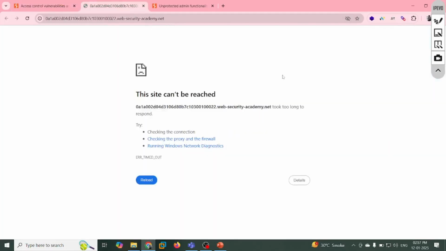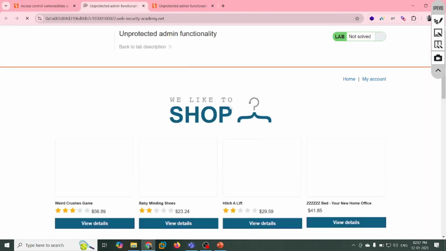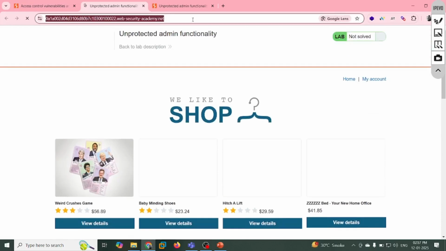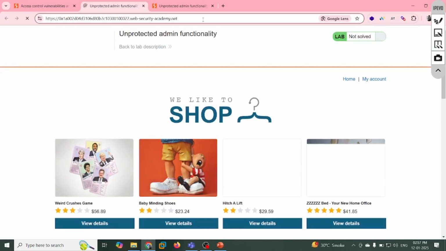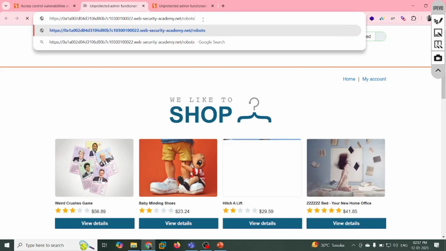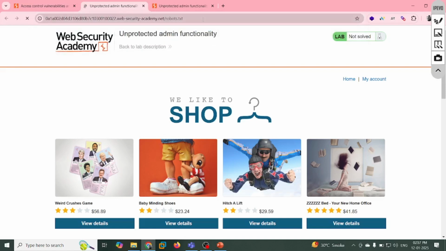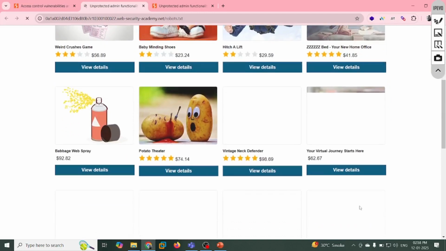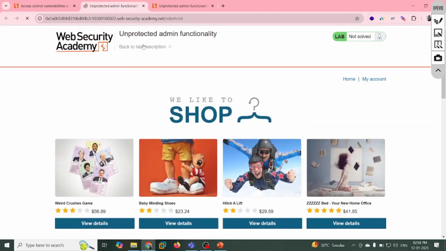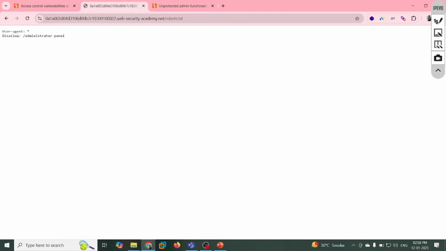Let's understand this practically, right? Suppose over here, this is one of the labs or websites that we are going to solve. At the base, let's talk about how sometimes the robots.txt file reveals sensitive information. Robots.txt. So what are we going to do? Hit enter. It is taking much time as usual. It could be my internet may not be that good. Okay. So can you see over here, guys?